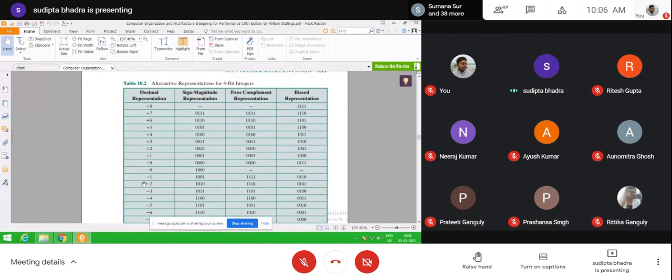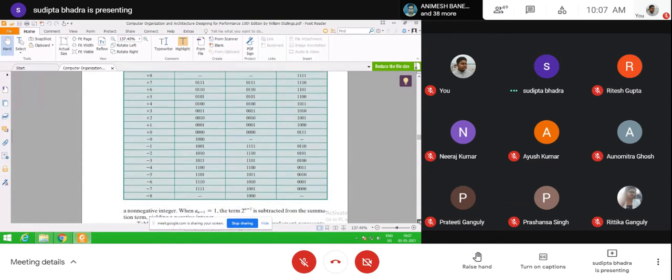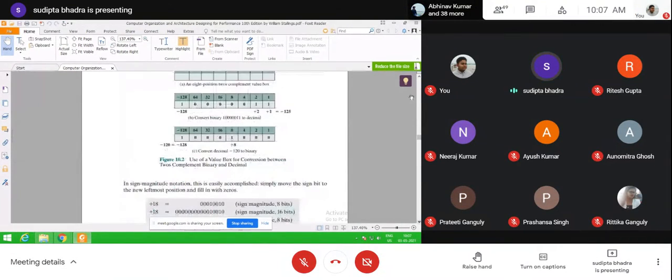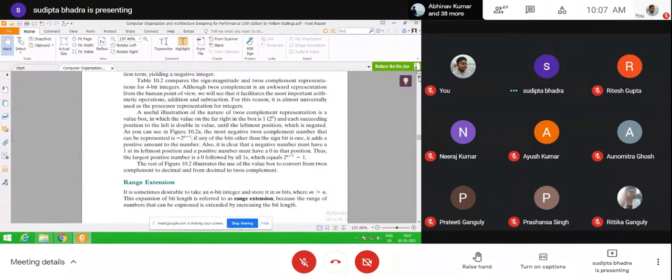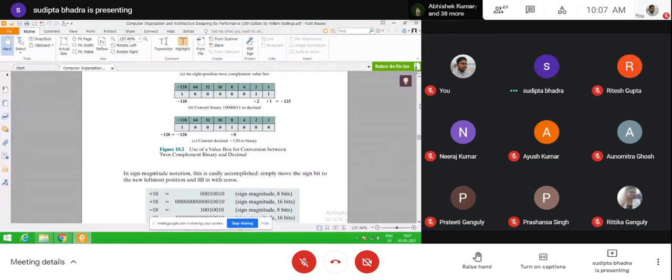Okay, look, in the previous class we have seen the sign magnitude representation and two's complement representation. Please follow that here in the table there is a biased representation. This is the biased representation of +7. Now there is a particular concept of range extension. Before we discuss the range extension,